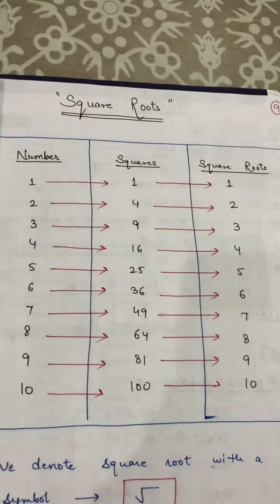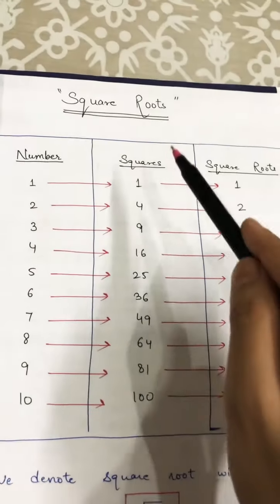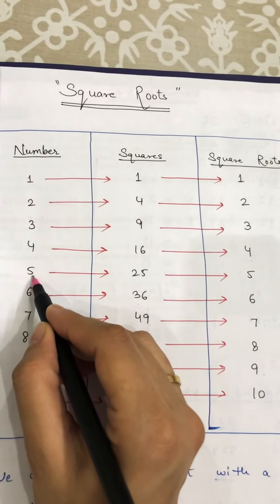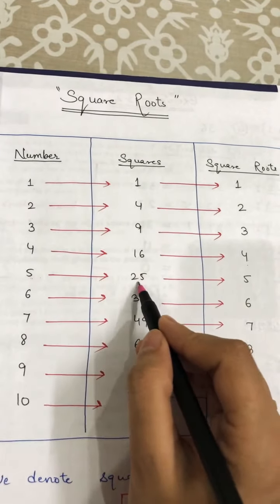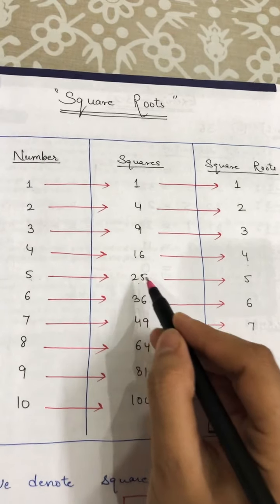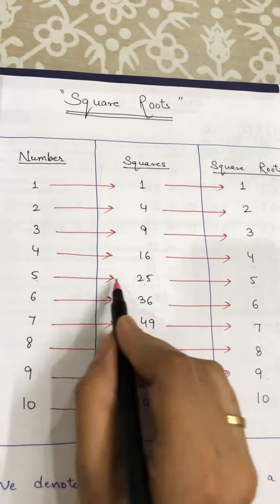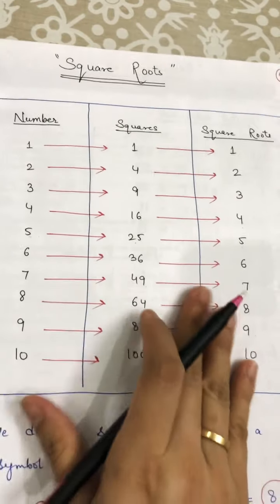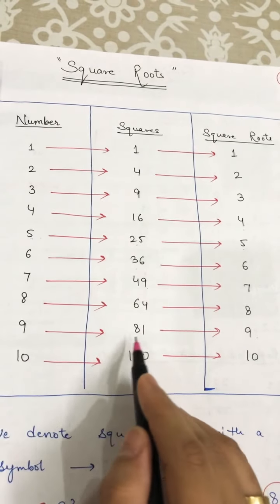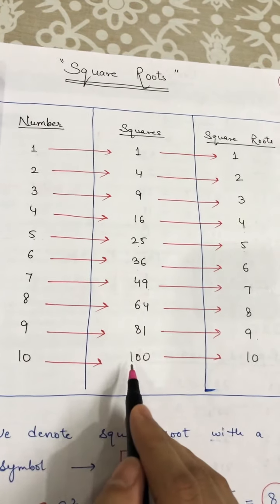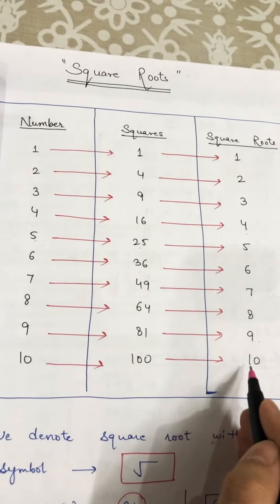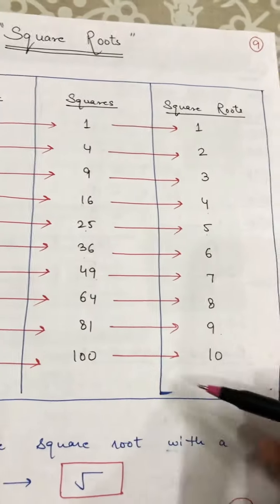This is very, very simple. The way you have learned the squares, you can take out the square roots. You know very well, when we multiply 5 by 5, the answer will be 25. It is a square. So if anybody asks you 25 is the square of which number, your answer will be 5. So 81 is the square of which number? If you take out the square root of 81, the answer will be 9. The square root of 100 is 10, meaning 100 is the square of 10. These are known as square roots.